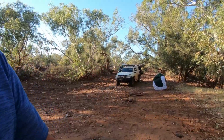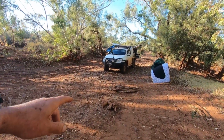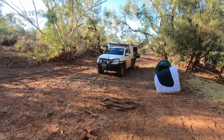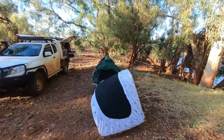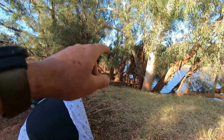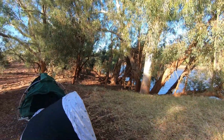Hey, good morning from the Yokova River. Day 21 today, three weeks on the road, still 1900 kilometres from home. There's something I need to show you. Apart from all that timber that's got to go onto the roof at some stage, see all the flotsam in the trees,